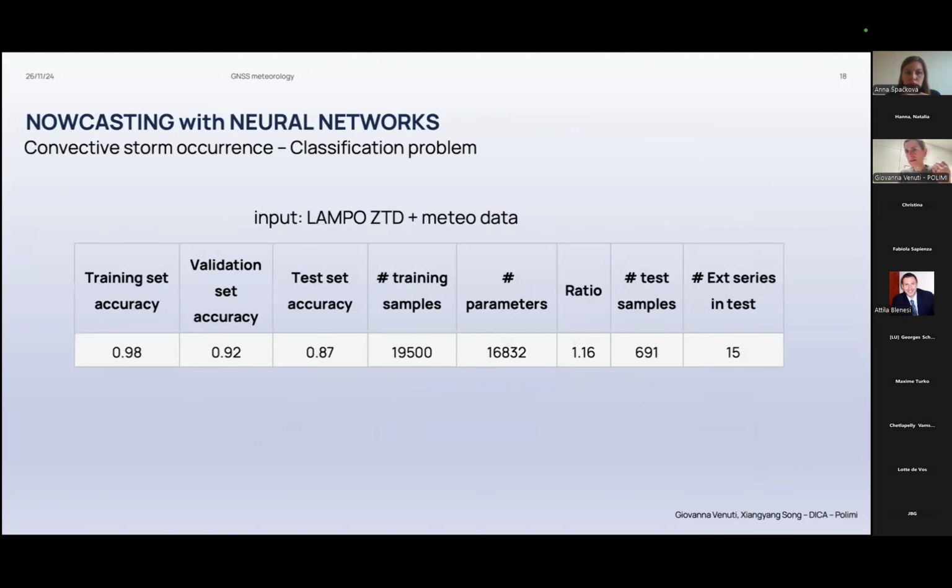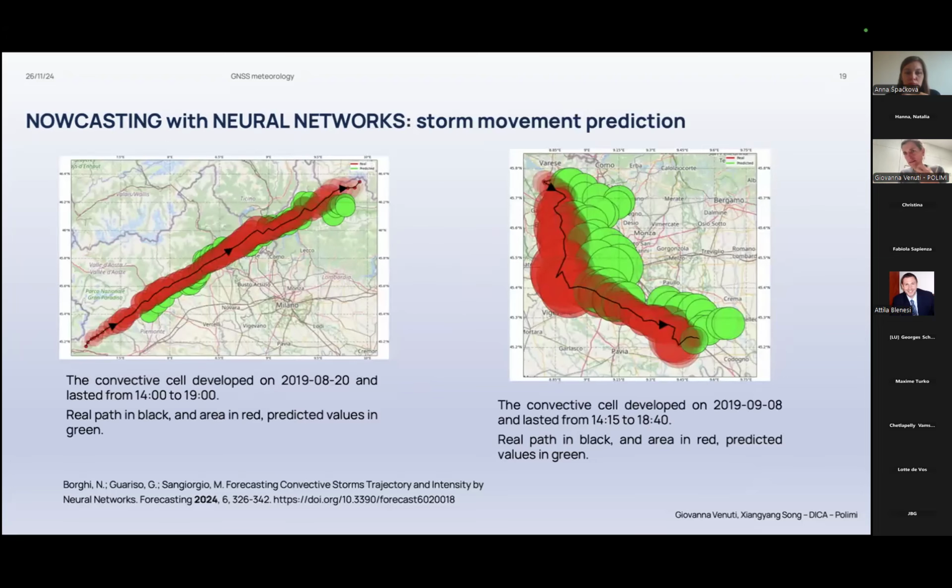Well, the results were promising. We had an overall accuracy of, this is a classification network, we predict if there is or there is not, but the frequency of the correct prediction is something like 87%. And okay, there is no time to discuss this network, but if you want more detail, we can discuss it. We have also done a different job that is related to the possibility to predict the trajectory of